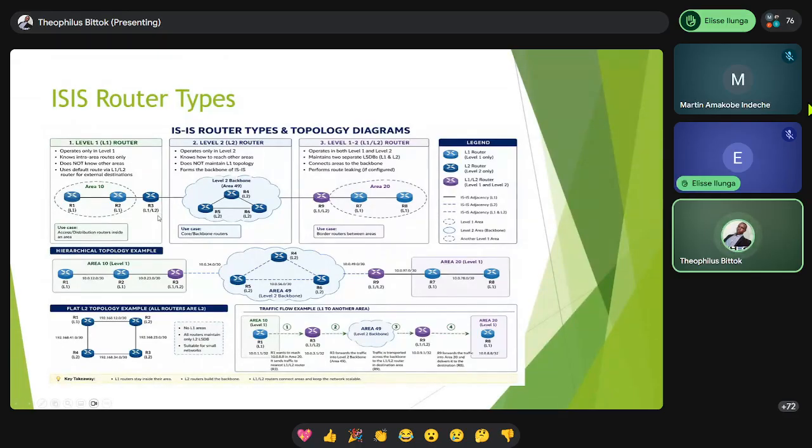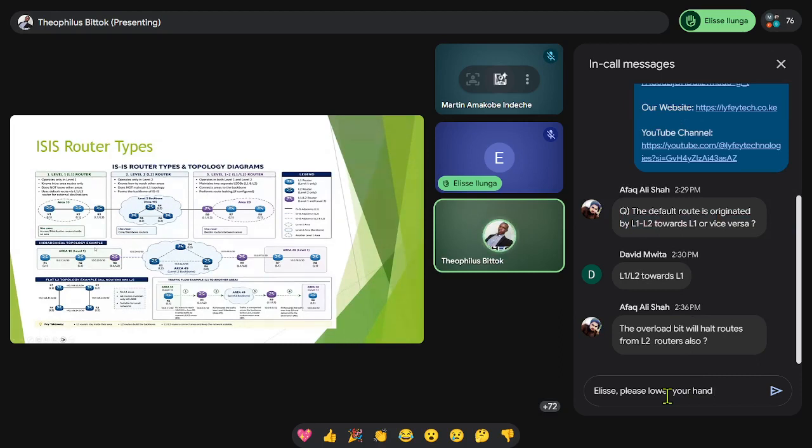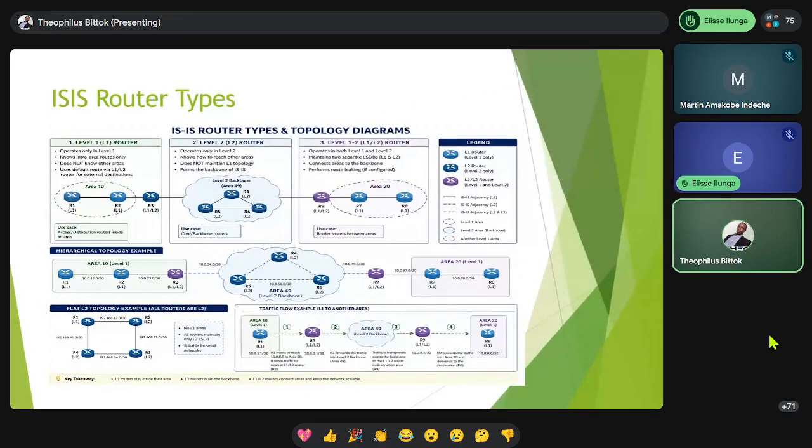So actually, these overload bits, I remember at some point they gave us some issues. We had a core ring, and we had a router in the middle where, by mistake, someone had set an overload bit. What happened is, we had a fiber break on one side of the ring. So ideally, traffic should have failed over to the secondary ring. But since that router was sending an overload bit, it was telling the other routers, don't use me as a transit.